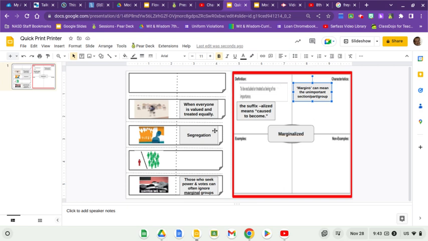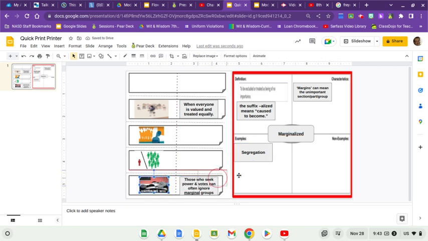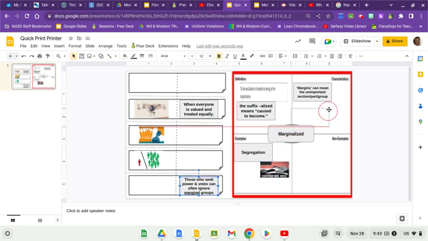Now, what are some examples of marginalizing other groups? Well, one is definitely segregation. And even though in World War II we required everyone to fight, you can drag this picture over here. The armed forces were still segregated. So now some non-examples. Those who seek power and votes can often ignore marginal groups. Well, that is an example, right? So that can go with characteristics of the word when it's often used as return to